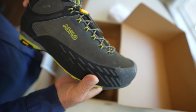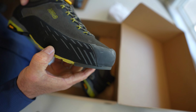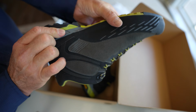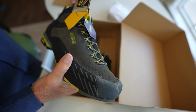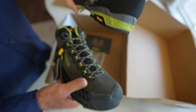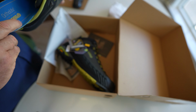One thing that you'll find with shoes that are kind of hybrid approach and light hikers is some of them don't have enough cushion on the soles. They're not good for hiking all day. These seem to have enough, and I will definitely report back if it doesn't seem they do. I will do a follow-up video on these when I've got about 100 or 200 miles on them. They also have this Ortholite liner in here. Let's get this one out. This is the liner, which is supposed to be really breathable and good quality,